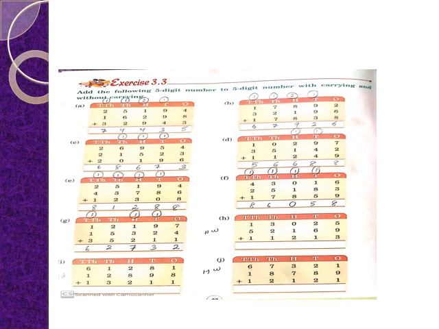So bit number C, 26,954 plus 21,523 plus 20,196. So in the ones place we are having 4 plus 3 plus 6. So that is 13. 3 carried 1. 5 plus 1 is 6, plus 2 is 8, plus 9 is 17. 7 carried 1. So 9 plus 1 is 10, plus 5 is 15, plus 1 is 16. 6 carried 1. 6 plus 1 is 7, plus 1 is 8. So 2 plus 2 plus 2 is 6. Answer is